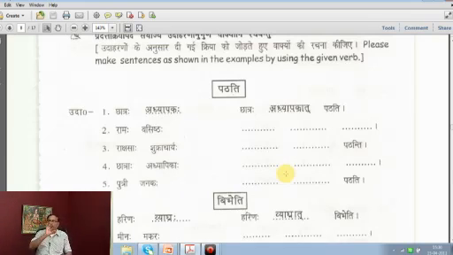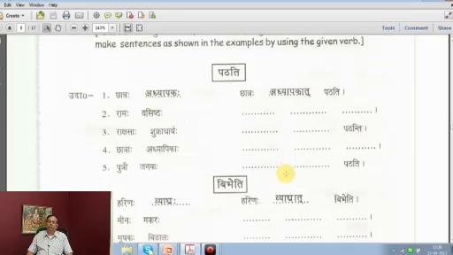Adhyapikabhyah. So the line will be Adhyapikayah, Adhyapikabhyam, Adhyapikabhyah. Chhatraha Adhyapikabhyah patanti. Girl students learn from, study from their teachers. Next. Putri